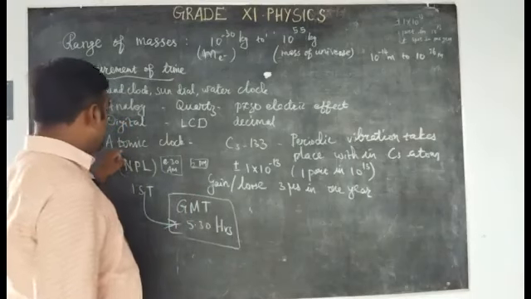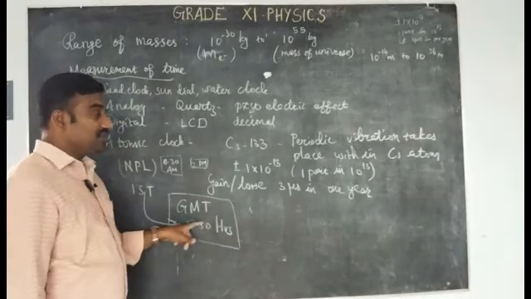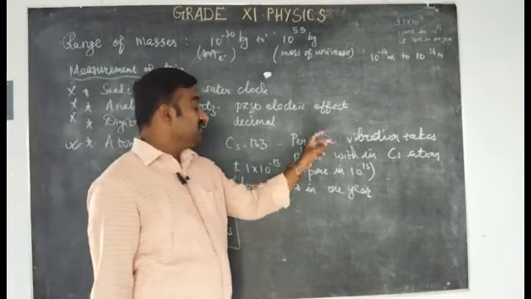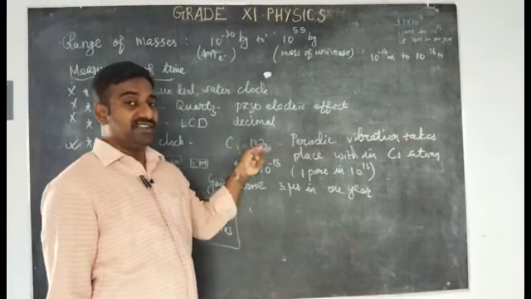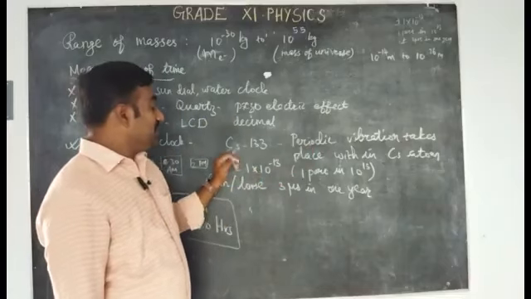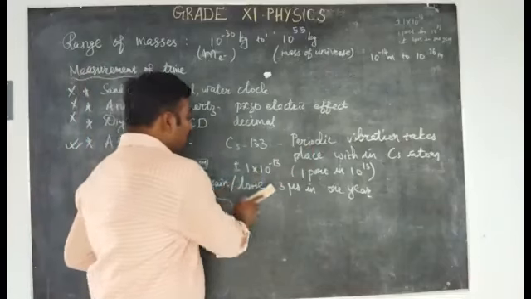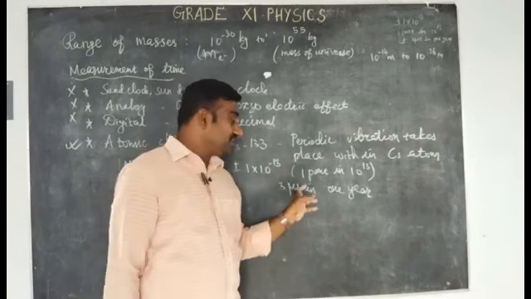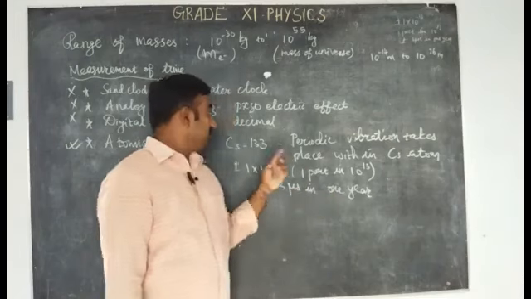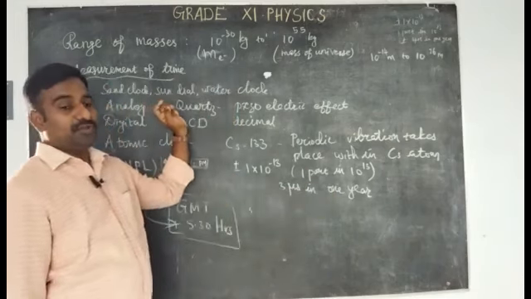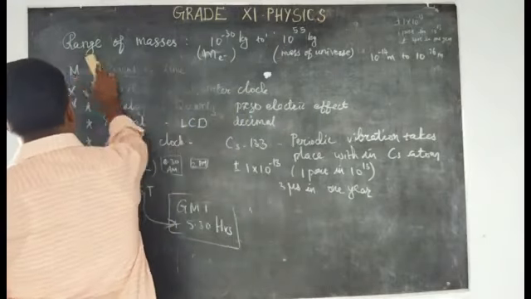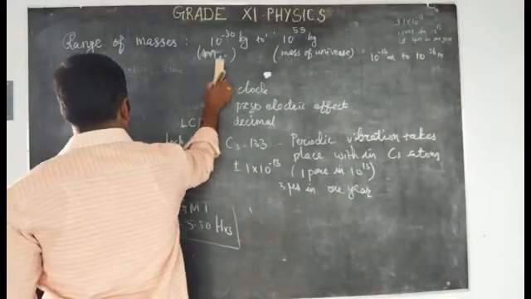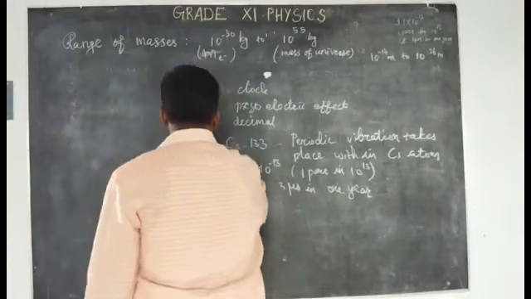Okay, so atomic clocks have a greater accuracy because the periodic vibration takes place within a cesium atom. How much vibration takes place, that we already discussed in the fundamental quantity. So it may gain or lose how much? It may gain or lose 3 microseconds in 1 year. இவ்வளவுதான் டைம் எரர். பட் இதுலனா எரர்ஸ் அதிகமா இருக்கும். ஓகே, இப்போ பார்த்தோம்னா நெக்ஸ்ட் ரேஞ்ச் ஆஃப் டைம் பார்த்தோம்னாலும் இப்போ ஒரு சின்ன ஒரு பசில் மாதிரி இருக்கும் பாருங்க.